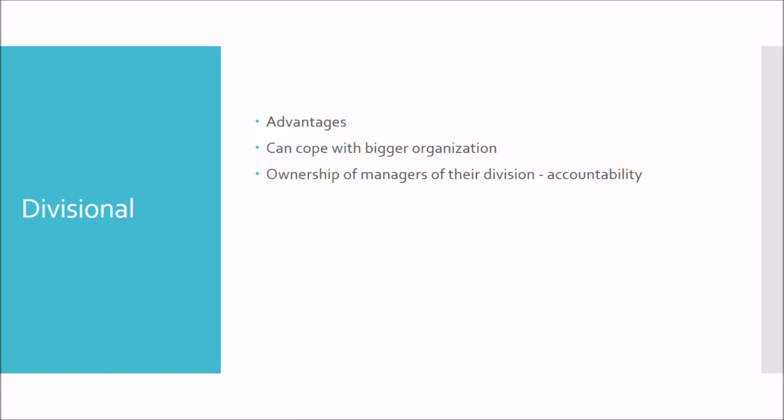If I am the HR director and I'm over 20 different types of products, how much engagement do I have with one particular type of product to make it move forward? If I'm the HR manager and I'm associated with one particular product, I'm part of that team to make it drive forward. So we've got greater accountability typically within big organisations that go down the divisional route, because we're all in the same boat together.